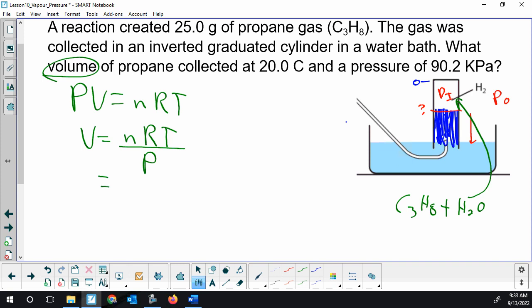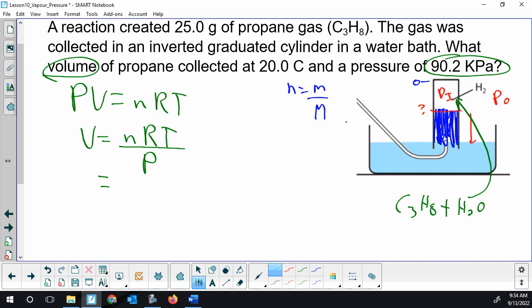So I'm going to run through the variables, and when we get to pressure, I'm going to have to take the water vapor pressure away from that 90.2, because high 80s of that is actually our propane, our gas that we made. So moles, we need n, I'll do nRT, and then the P last. So moles, so we